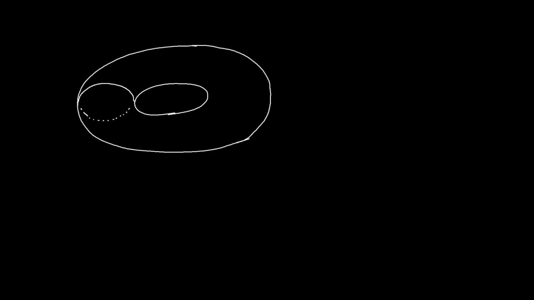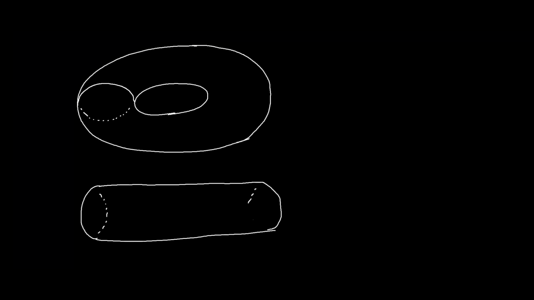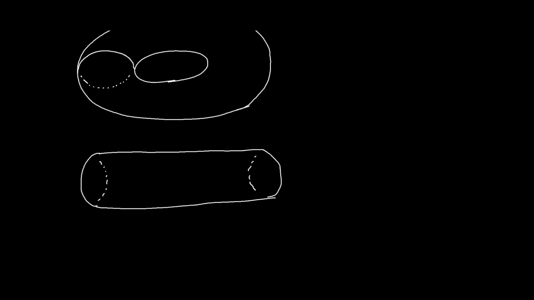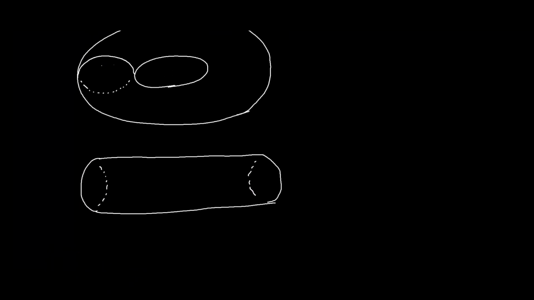So if I cut it, it's a donut, right? If I cut it somewhere there, I will get this round cut. So I can actually cut it and open it up, and then I will get a cylinder, right? So imagine if you twist around the cylinder and you attach this onto that, you'll get a torus. Okay, but I can cut a cylinder as well. So the first cut I did was around here, right? So on my cylinder,